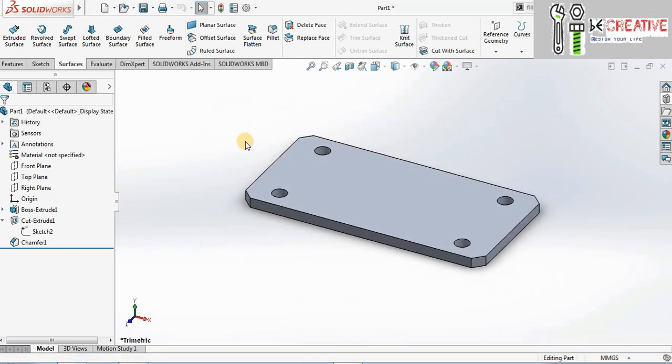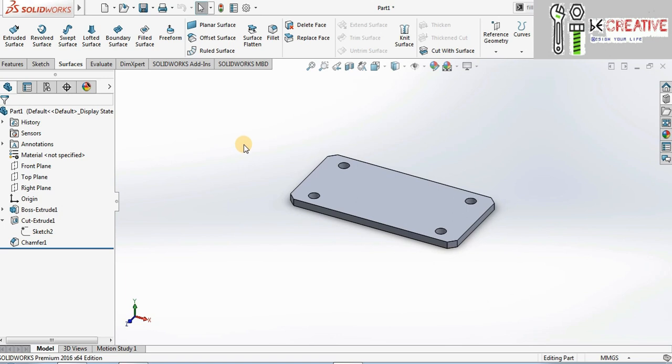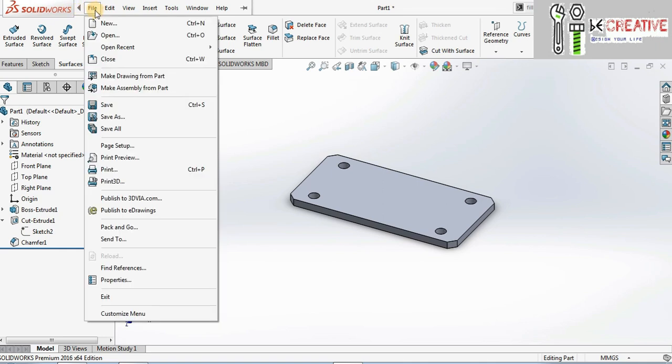In this video, we are going to learn about the interfaces present in SolidWorks. The top portion of the screen is called the quick access toolbar, and we can see some of the